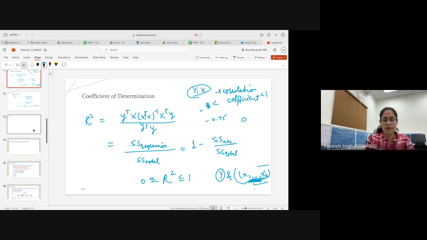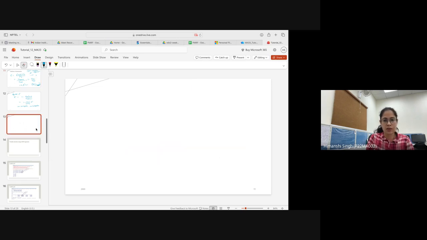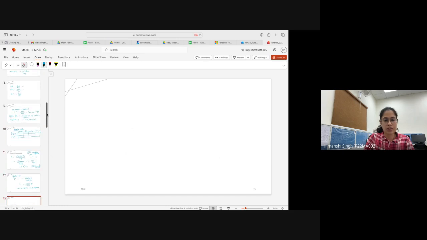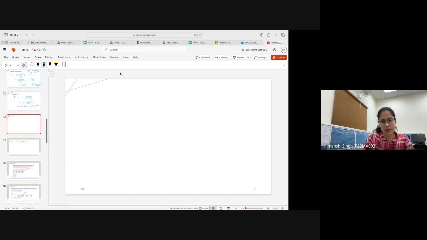Now we have commands. We have discussed the ANOVA table, and the r square and adjusted r square. In the previous lectures, we have discussed the lm command. So for example, let me write first: I have y equals beta 1 plus beta 2 x2 plus beta 3 x3, so let us consider only two explanatory variables.